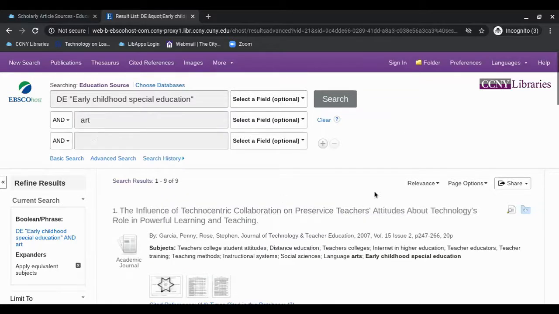There's not really any wrong way to do this. It's just sort of your preference. But sometimes there's a real disconnect between the database language and our natural language. So looking through the thesaurus, because of course each database's thesaurus is a little bit different, can be really helpful. So that's the basics of using